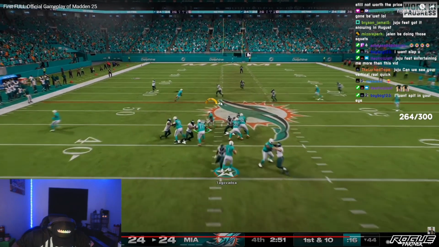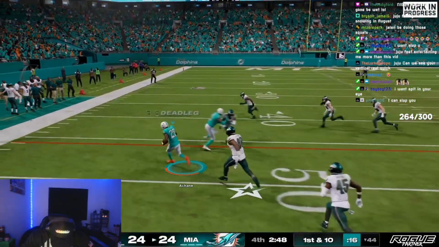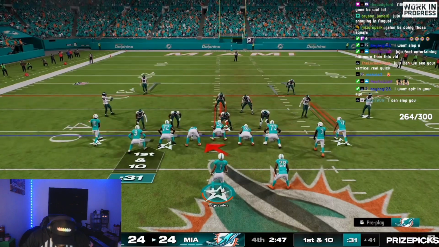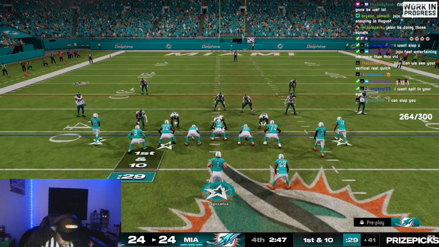Sure enough, the middle linebacker comes on a blitz, and we get rid of it quickly to Devon Achane, and we're going to make a first down there. They've never given us this many new gameplay features in a year, and they are all very crucial to...